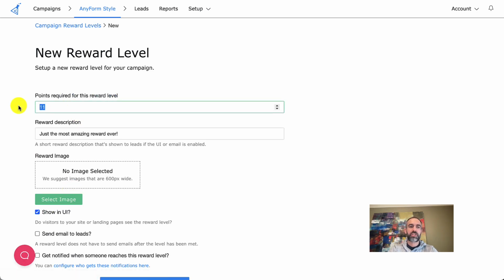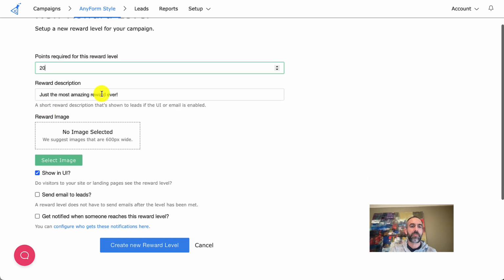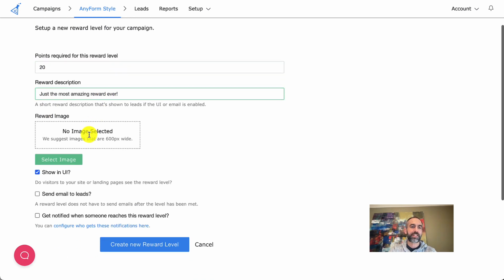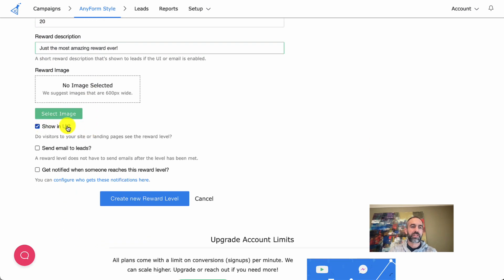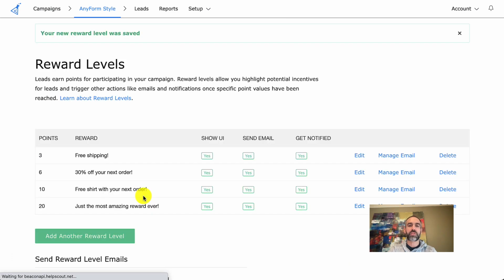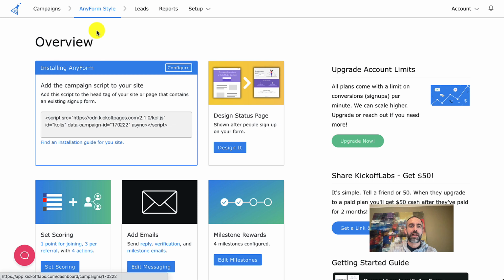When I add rewards here, I'm asked to choose the number of points required for a lead to get that reward, provide a description. I could add an image if I want. This lets me show it in the UI like you saw on the status page. I could send an email to leads when they reach that reward, and that email could include coupon codes. And I could choose to get notified when somebody reaches this reward. So let's just create the reward level with all of those things and go back to the AnyForm campaign overview,